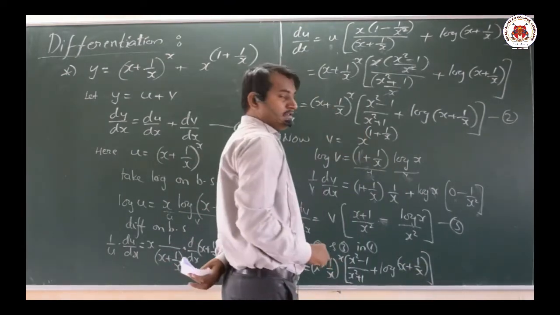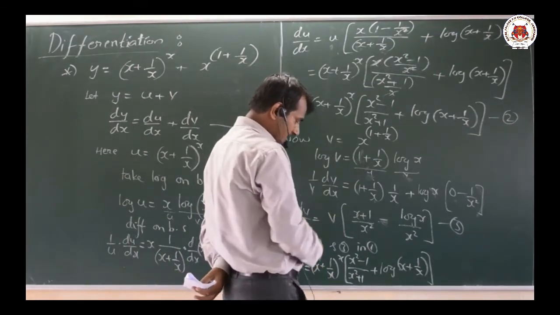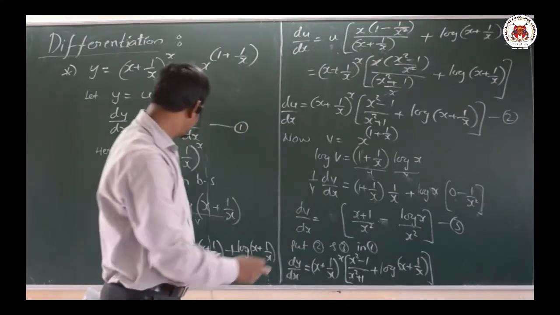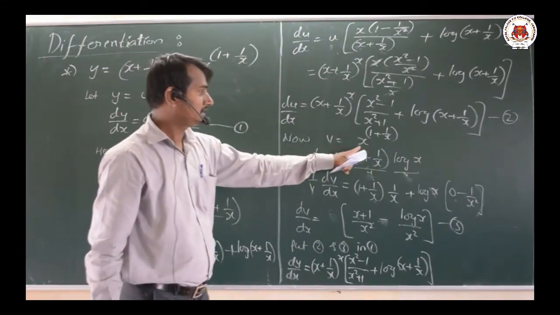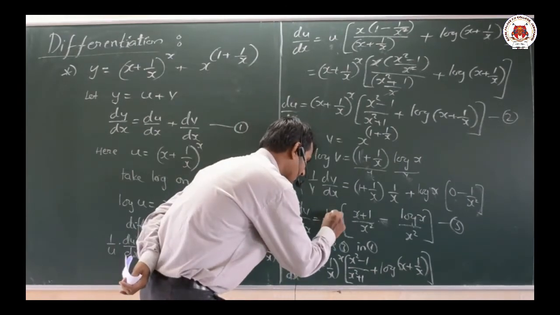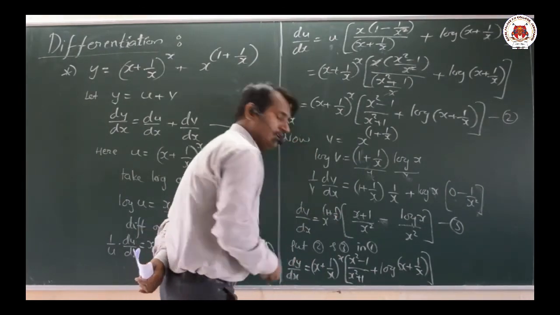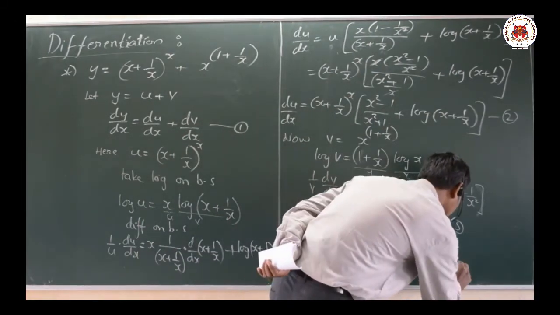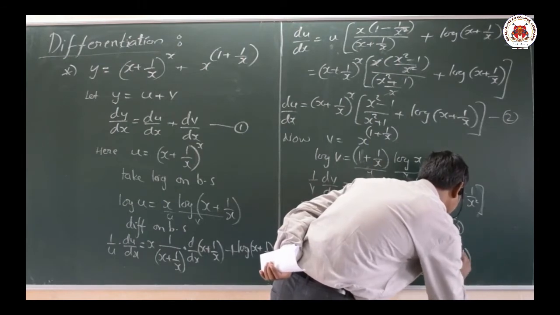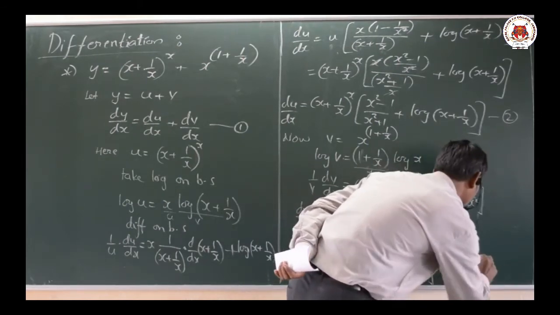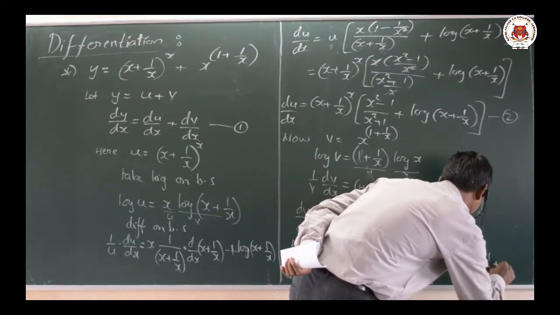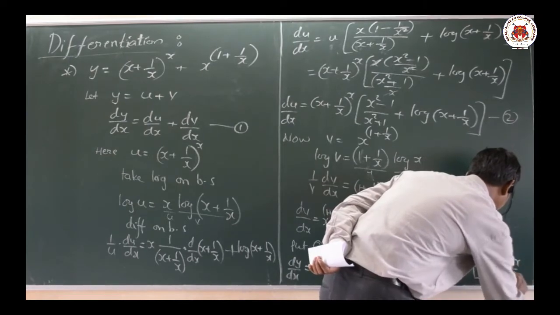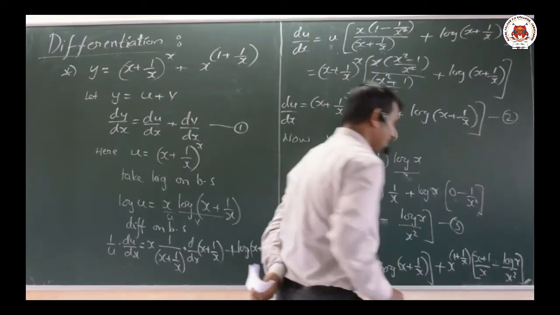Okay friends, now the next one, that is the third one here. What do you mean by v here? V part means what is the question? V part, it is nothing but here x to the power of 1 plus 1 by x here. That I will rewrite. Next one, plus of, what we get here? x to the power of 1 plus 1 by x, into, what is the term? x plus 1 divided by x, plus of, minus, it is minus log x divided by x square. That is your required result.